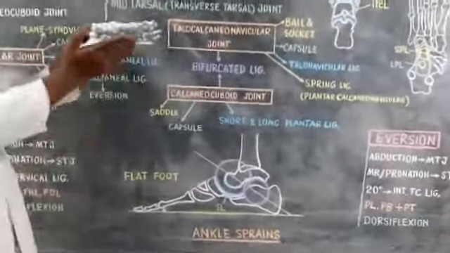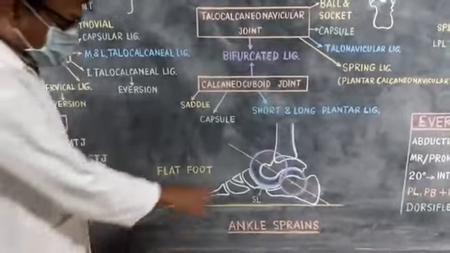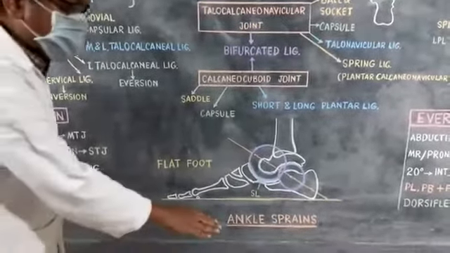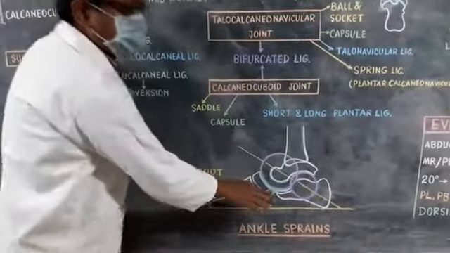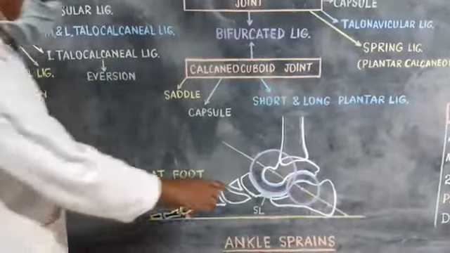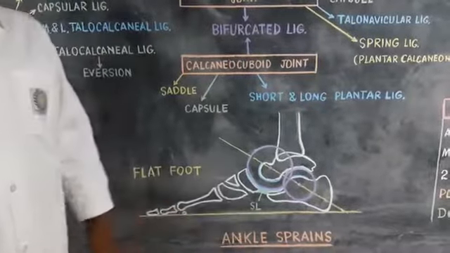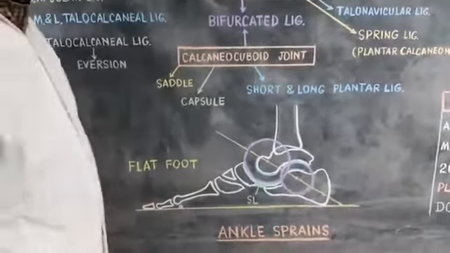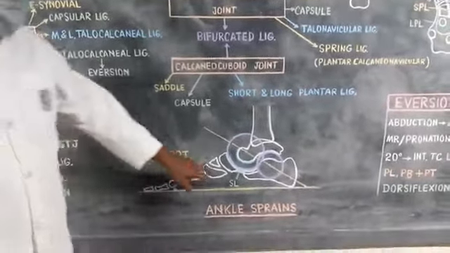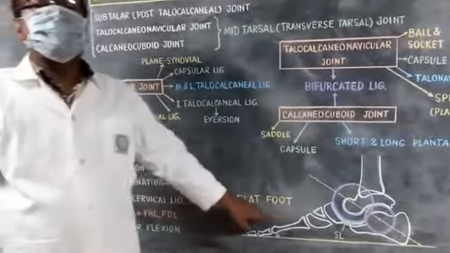While foot is on the ground, this ligament is stretched to resist the downward displacement of the head of the talus. When foot is off the ground, this ligament comes to its original position. That's why it is known as the spring ligament, but it is a misnomer because this ligament is not composed of elastic tissues. Permanent stretching of the spring ligament leads to a condition known as the flat foot.